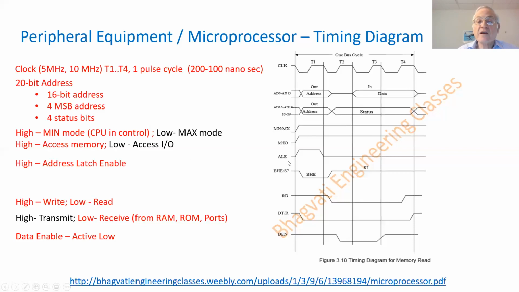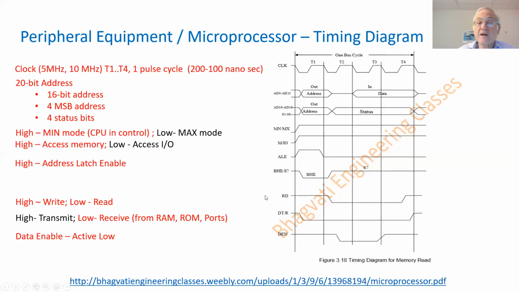And then we have over here the address latch enable. And when it is high, then we latch in the address. And that happens only in the first cycle, which means that this address over here combines with this address. So together, they become the address. And then from there on, the status over here is being conveyed on the second bus.